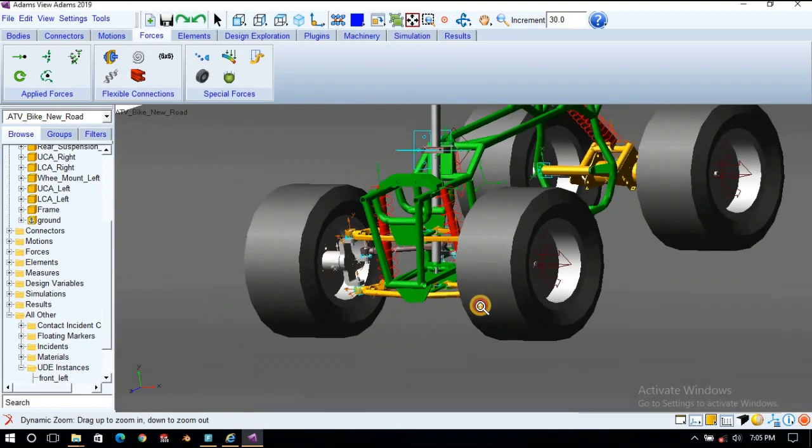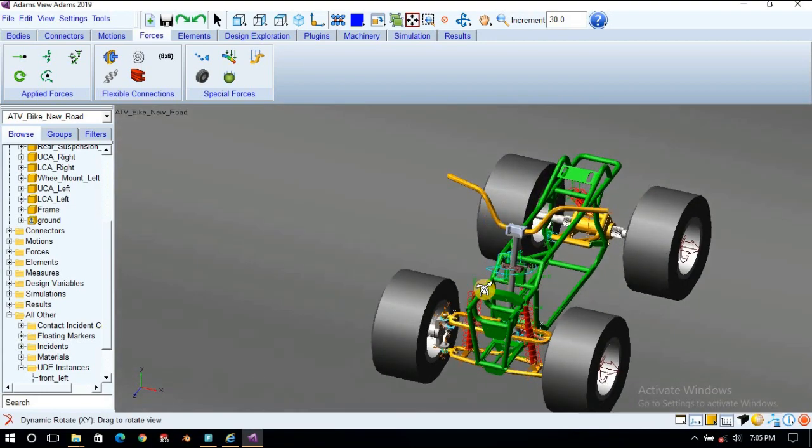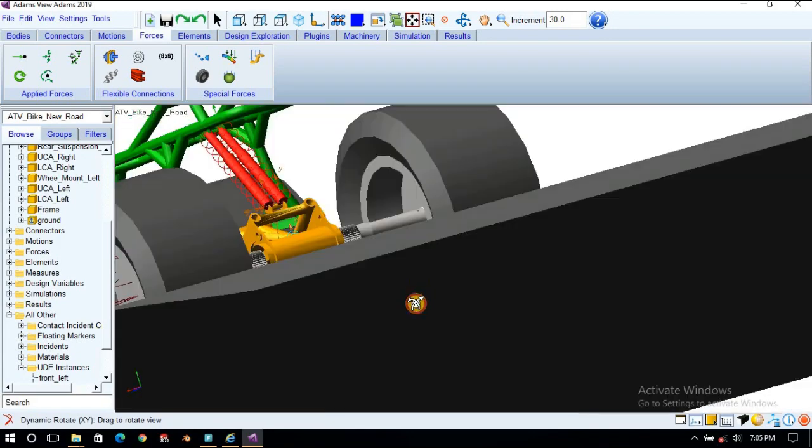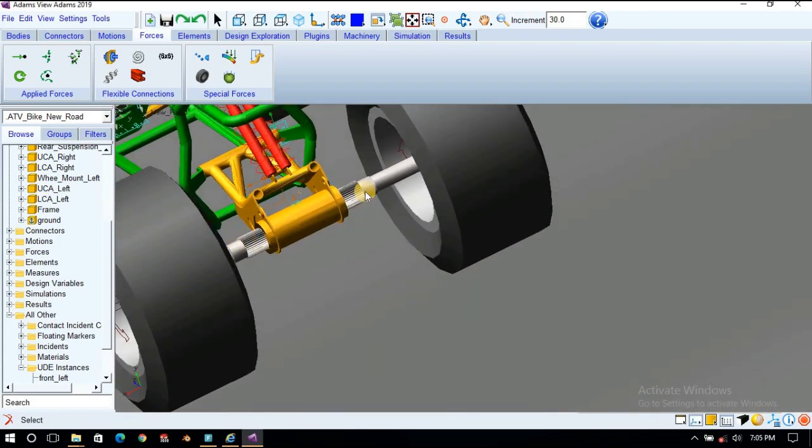Okay. So now we have to define the joints between the wheels and their corresponding bodies. So what we will do, we will give motion to this rear shaft. So I will hide this road.